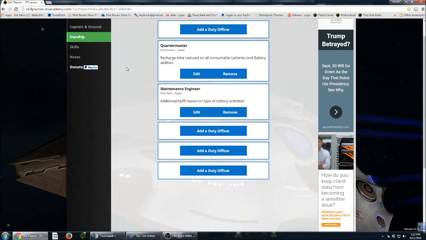Did you replace the quartermaster with a maintenance engineer? I didn't replace. I added a maintenance engineer with the separate 6th slot. Yeah. So when you have the 6th slot, you can drop in a maintenance engineer. Okay. One of the things I would drop in there that would be very, very nice